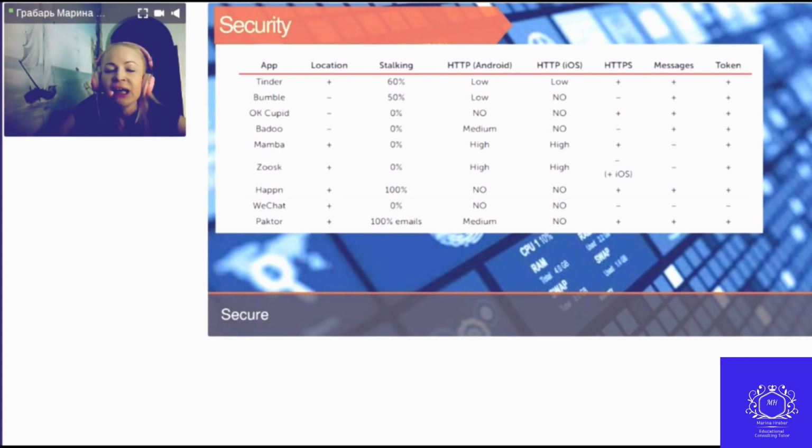Well, having gathered together all the vulnerabilities found in the studied dating apps, we get the following table. Location: determine user location, plus possible, dash not possible. Stalking: finding the full name of the user as well as their accounts in other social networks. The percentages of detected users. Percentages indicate the number of successful